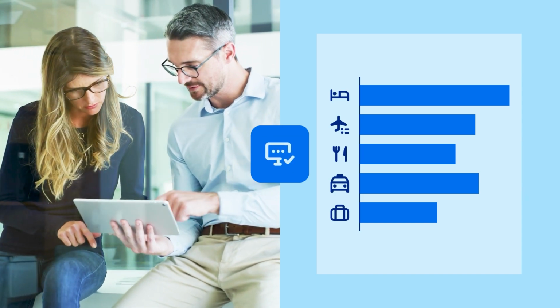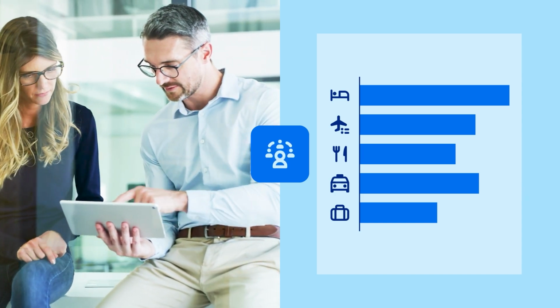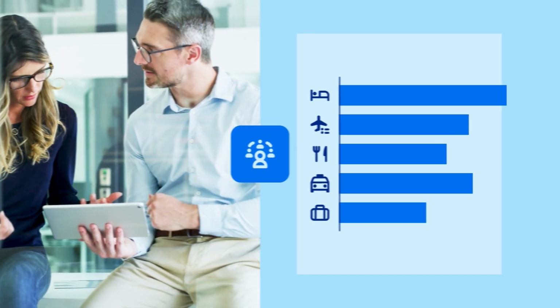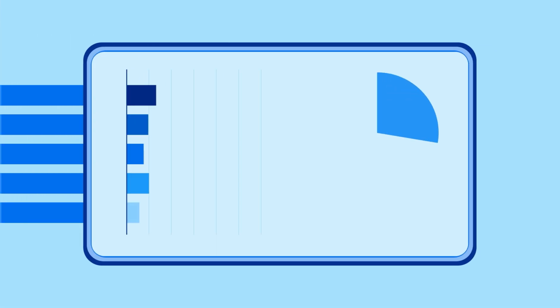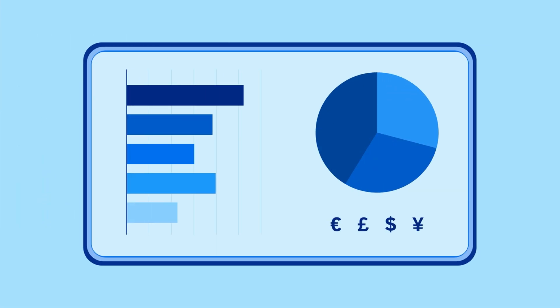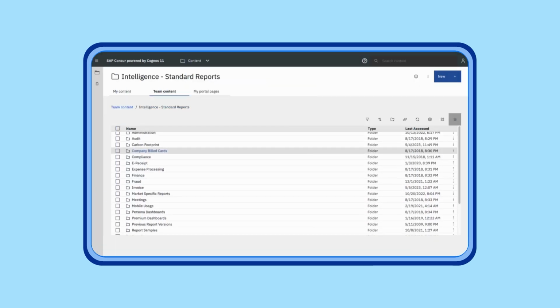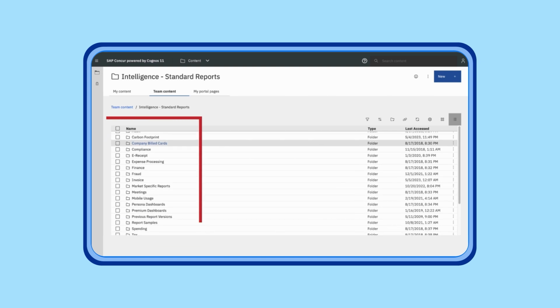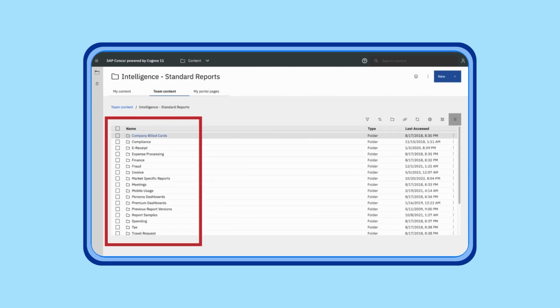And it does it all in real time with tailored, easy-to-use tools for every level of your organization. Using SAP Concur Intelligence, you can gather the key travel and expense data for a complete picture of your employee and company spend. Intelligence has many pre-built dashboards and over 250 standardized reports to help you stay on top of